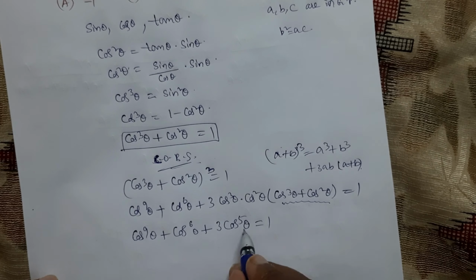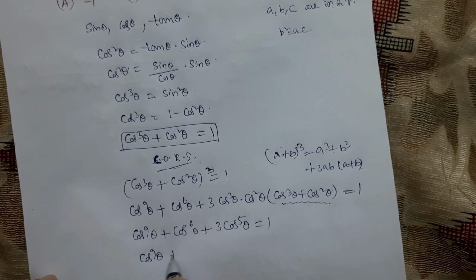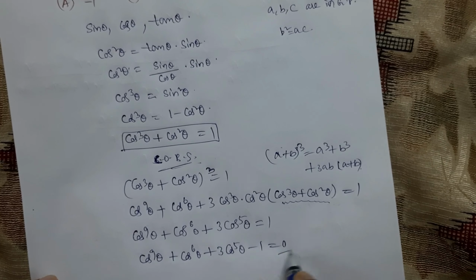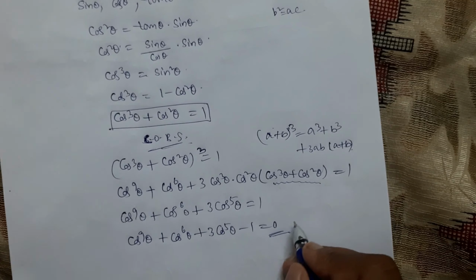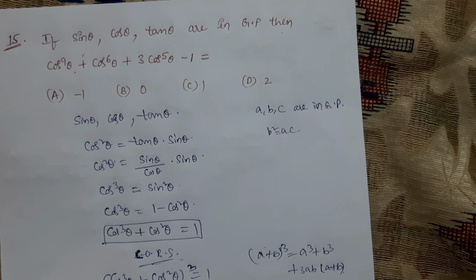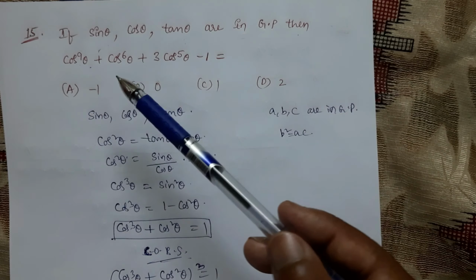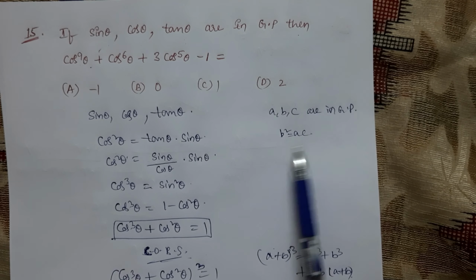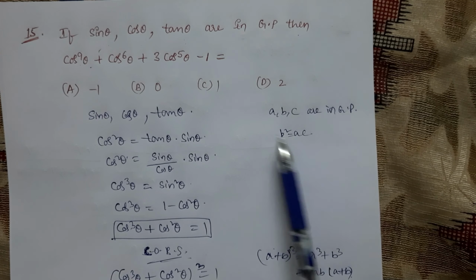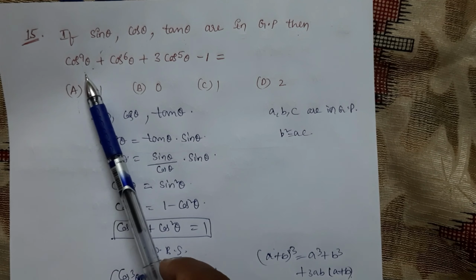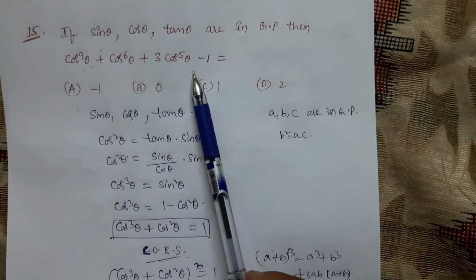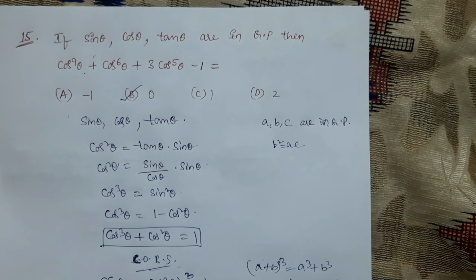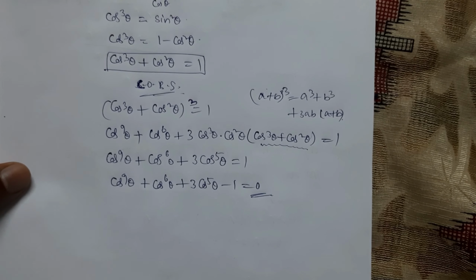ಸೊ ಆ 1 ಈ ಕಡೆ ಲೆಫ್ಟ್ ಸೈಡ್ ತೊಗೊಂಬಂದಿದ್ರೆ cos power 9 theta plus cos power 6 theta plus 3 cos power 5 theta minus 1 which is equal to 0 ಇರುತ್ತೆ. ಸೊ ದಿಸ್ ಈಸ್ ದ ಆನ್ಸರ್. ಸಿ ಇಷ್ಟೆಲ್ಲ ಮಾಡಿದ್ರೆ ನಮಗೆ 0 ಬಂದಿದೆ. ಸಿ ಕ್ವೆಶನ್ ಈಸ್ sin theta, cos theta, tan theta are in GP. GP ಅಂದರೆ here we can take condition b square equal to AC. Why we will take this one means if you multiply those we should get cos power 9 theta, cos power 6 theta and 3 cos power 5 theta minus 1 which should be we need to find, so that we got equal to 0. Okay, see that solution.